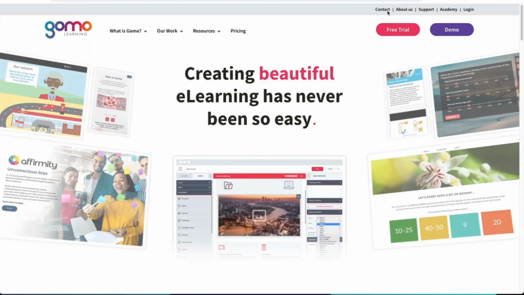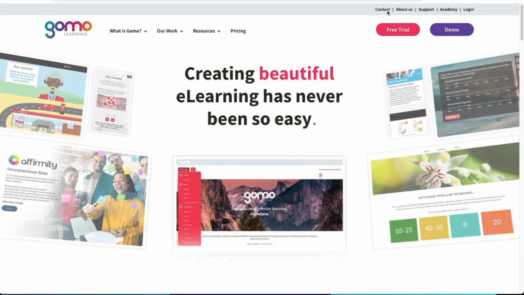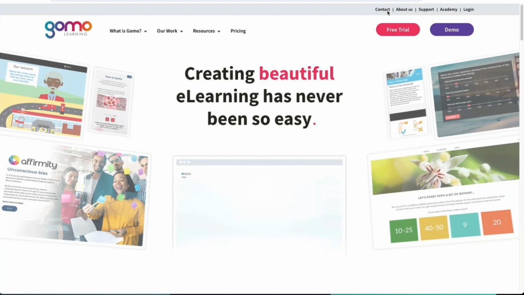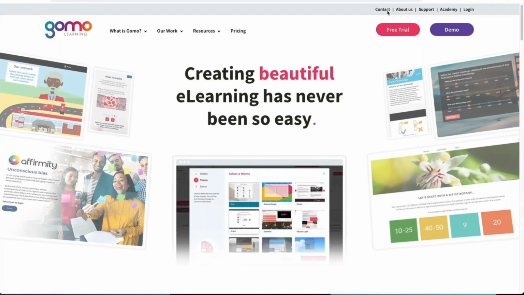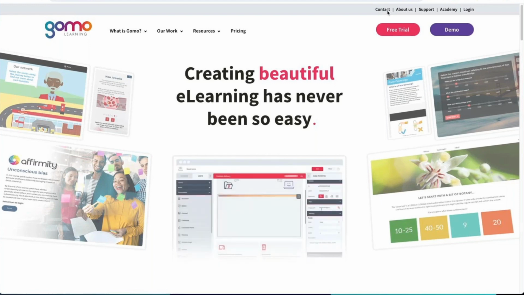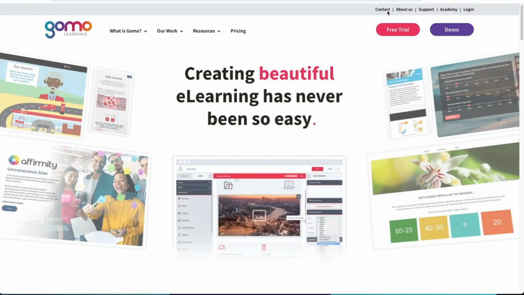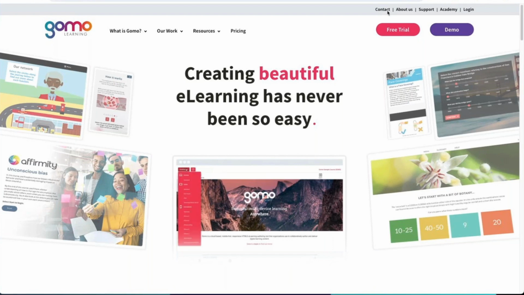When you build an assessment in Gomo, there's a very simple way to give feedback to the learner, as we'll see. We're going to build an assessment in a moment. And that feedback just says things like, well done, you got this many questions right, and you passed and you got this score. And usually that's fine, but there are times where we might want to give more detailed feedback,